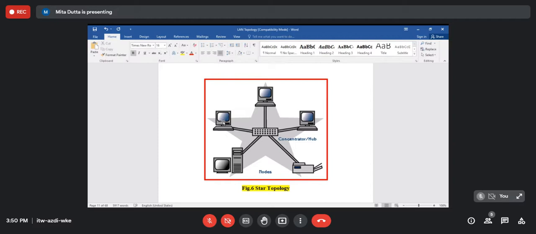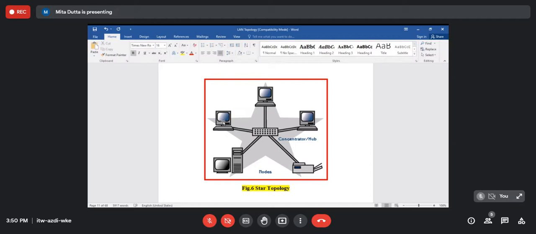But active hub, because when we are going to send the signal, it will be impaired by transmission impairments. So in order to get rid of that, if it is an active hub, it will amplify the signal as well as modify the signal and then send it to that workstation. And in case of an intelligent hub, the difference between active and passive hub is in